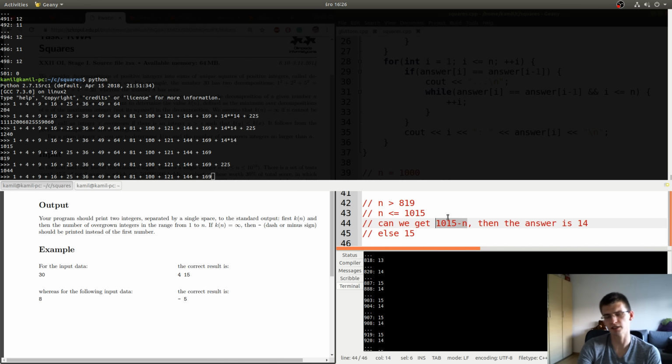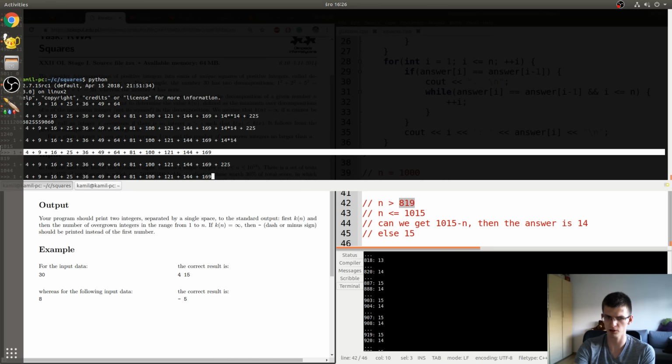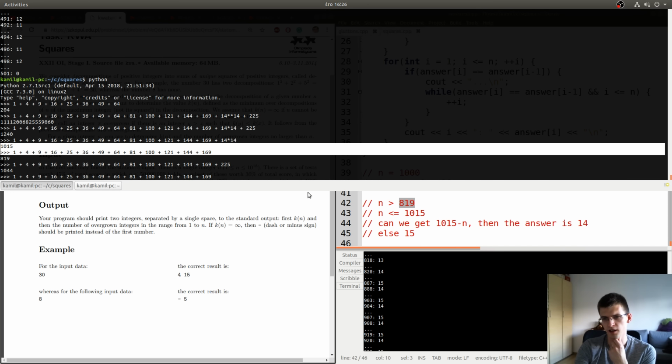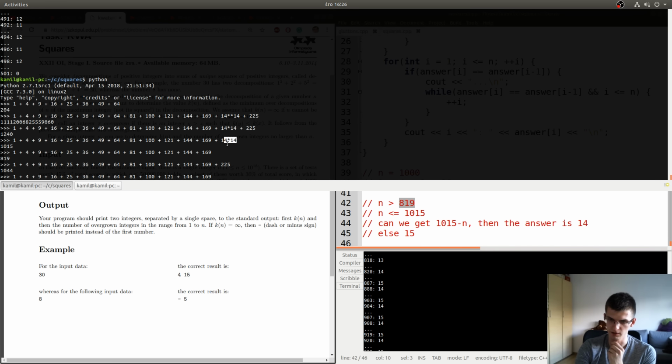And that value 1000 minus n is up to 200. Maybe this value will be quite small. Well, the difference between 1000 and 800, because from what this was taken, is exactly 14 square.